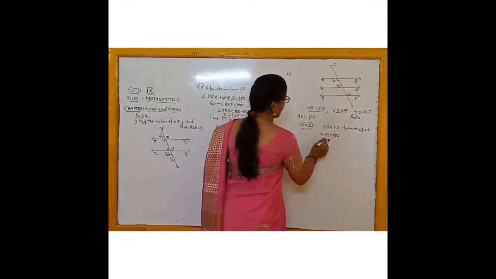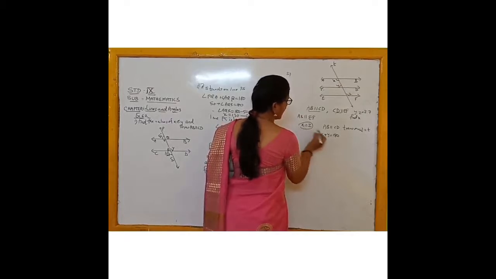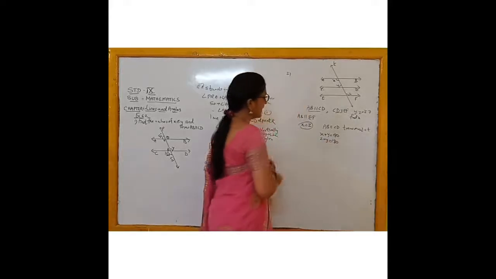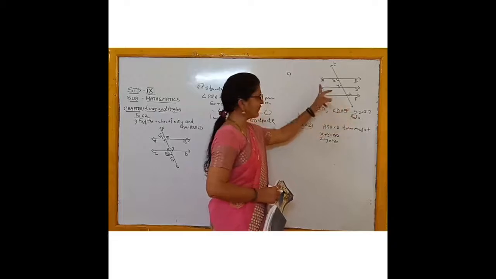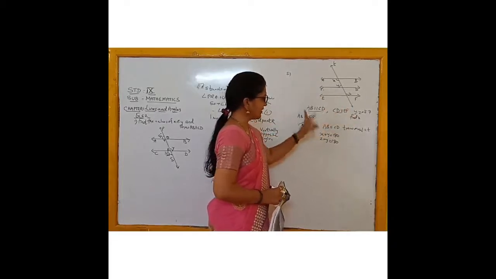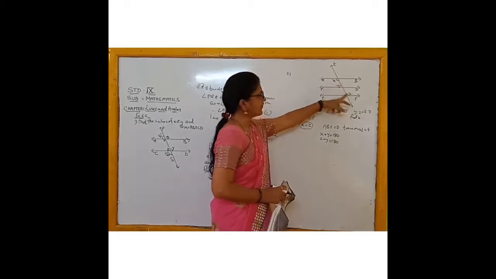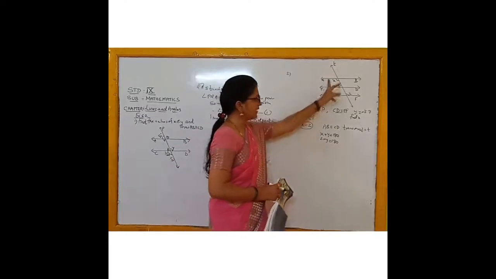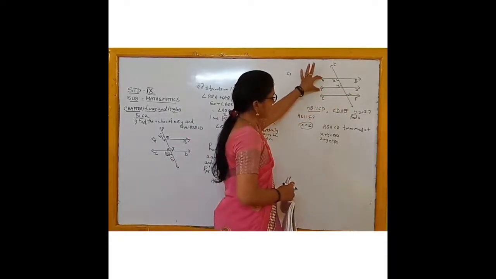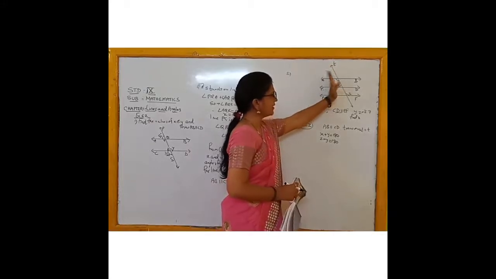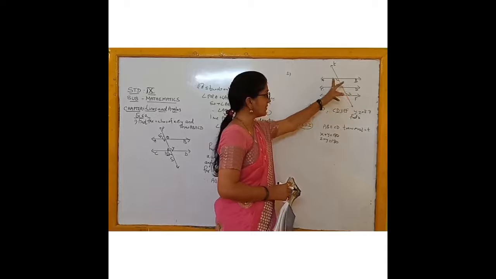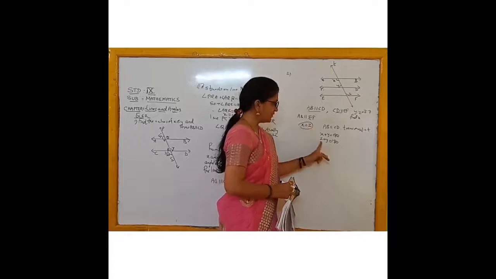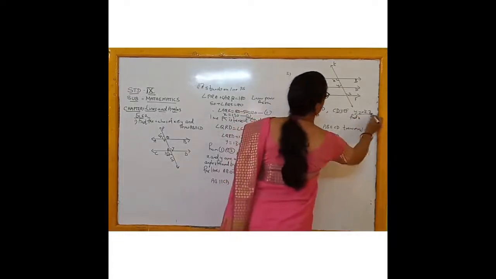So from this, what can you write here? At the place of x you can write z. So z plus y is equal to 180. Once again, AB is parallel to CD parallel to EF. Therefore, AB is parallel to EF. This is the first part. Now, x and z are the alternate angles formed by transversal T to two parallel lines AB and EF. So x is equal to z. Now, AB is parallel to CD, T is the transversal. These two are the interior angles on the same side of the transversal, so they are supplementary. x plus y equal to 180. As x is equal to z, at the place of x, substitute the value of z. So z plus y equal to 180. But this is given. Now, use this, y to z.